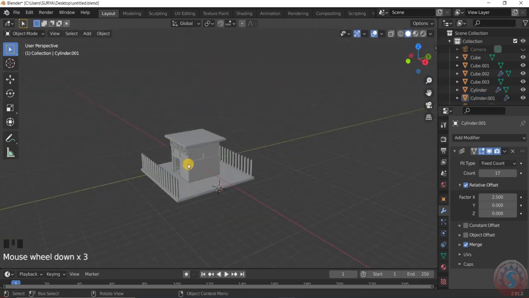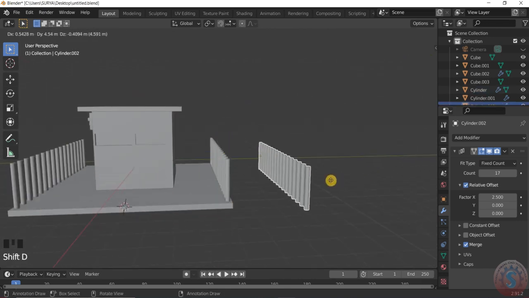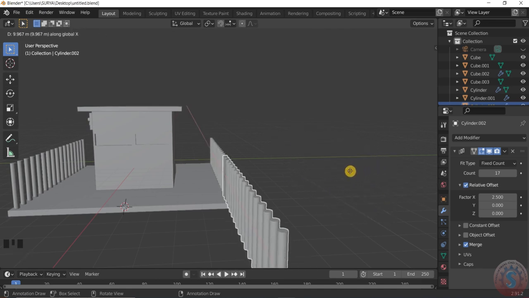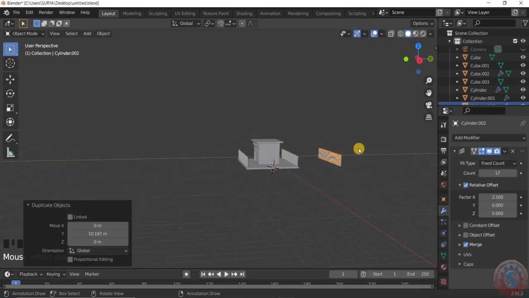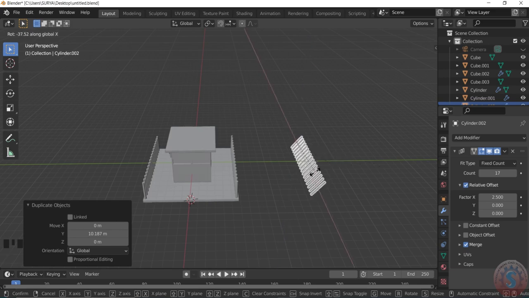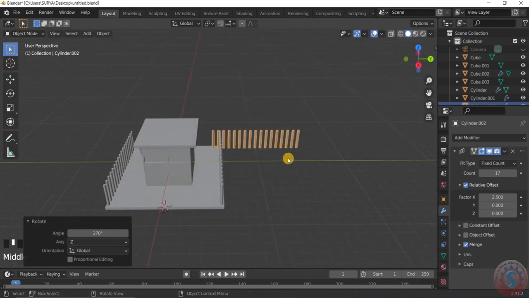Then after, I want to do something here also: Shift D and give some distance in the X or Y direction, and rotate this by clicking R, again Z and X direction. It will be like the Y, and I want to, it is rotating. See, by using Control you can adjust this. Using Control it is straight, and go to the G